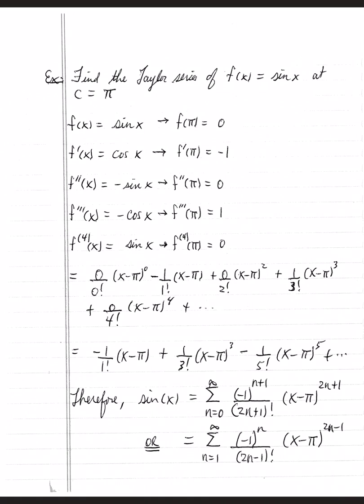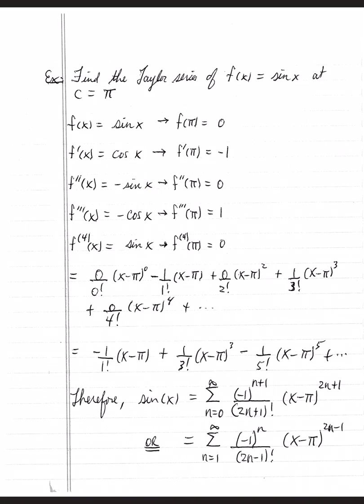Another example, find the Taylor series of the function sine x at the center pi. I'm going to take the original function, take 3 to 4 derivatives of it. When you get to the 4th or higher derivative, you can just put the order of the derivative in parentheses. This represents the 4th derivative. Then, once you've made a pretty good list, 3 to 4 derivatives, you sub in the center value into all of them. Sine of pi is 0, cosine of pi is -1,